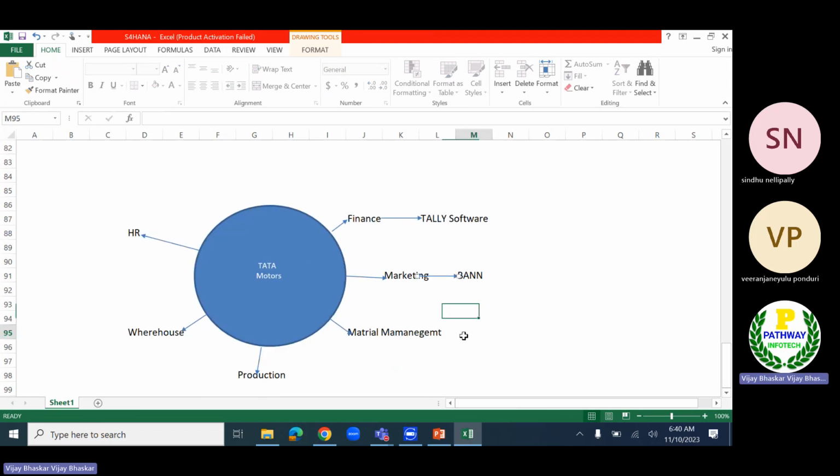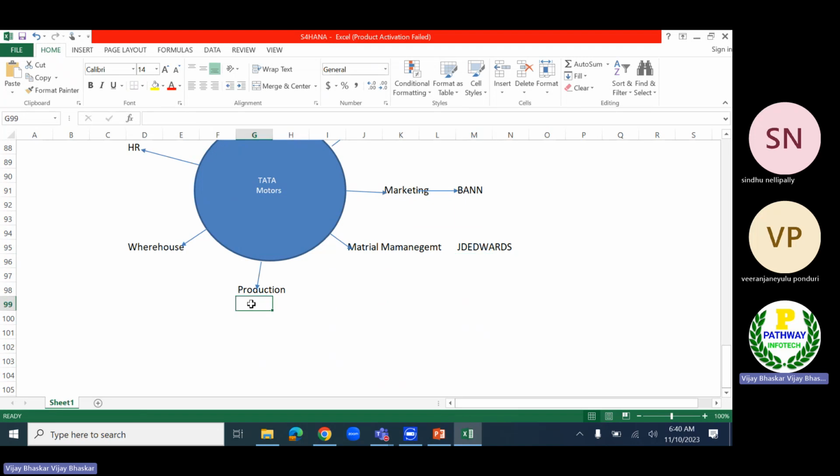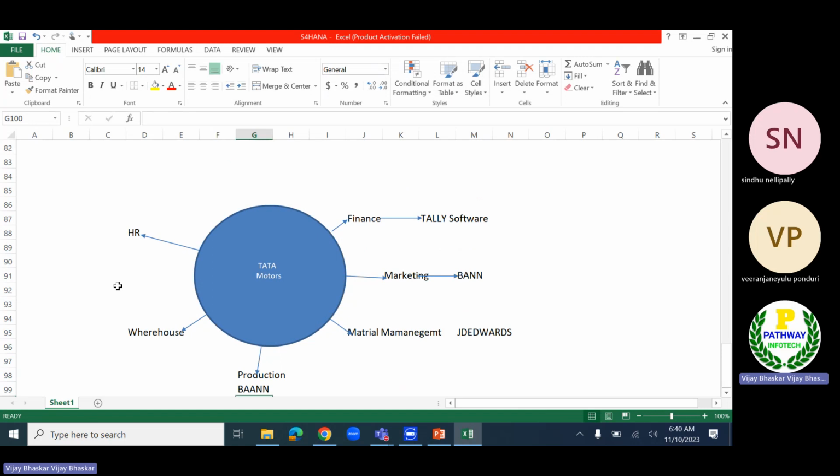Material management is using, let's assume, JD Edwards. I'm just giving examples here. The production planning department is also using BAN. The warehouse department is using someone else's, and the HR department is using, let's assume, PeopleSoft.